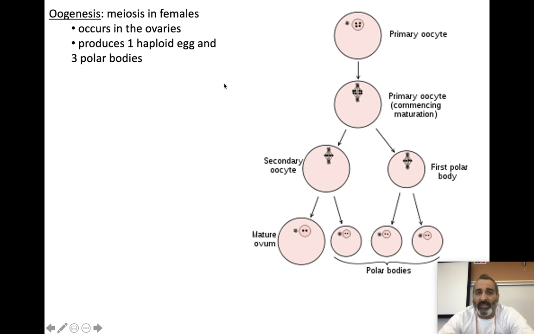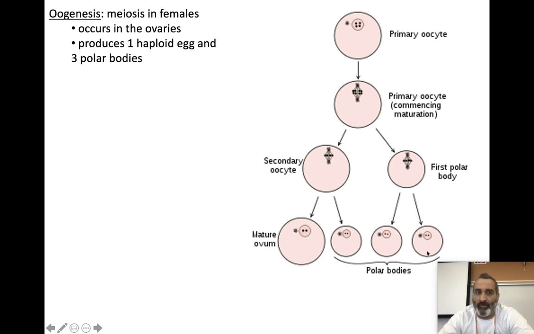In females, the female sex organs are called ovaries, and it starts with one parent cell, eventually leads to 4 cells. Okay, and what happens in these 4 cells is one of them only matures into a full egg. 3 of them form these polar bodies that get reabsorbed by the female's body. And these polar bodies, no, they are not eggs. They don't come to fruition. So what happens is one of them actually steals all the important stuff and takes all the important organelles and everything that are needed for the egg. And that one becomes the mature egg, the full haploid egg, where the 3 polar bodies, like I said, get